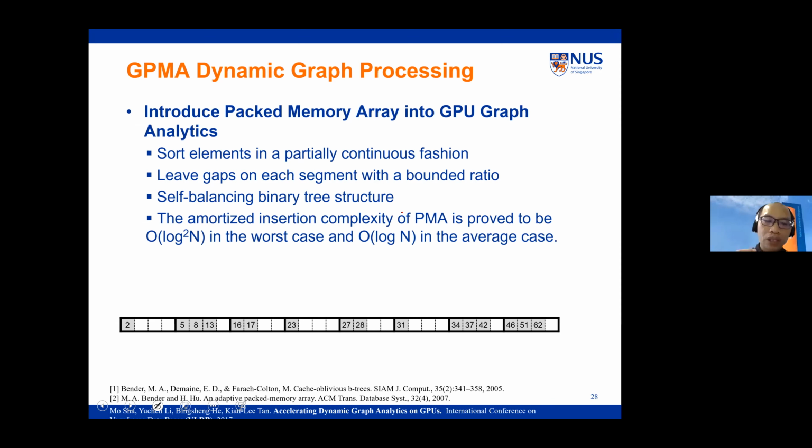If you want to support a dynamic graph, the only way is to rebuild the whole array upon even some minor updates. Or the other way is that you can represent it as a linked list or whatever. That actually hurts a lot of performance in terms of scan performance. So here our idea is: can we have better support for update performance, and meanwhile maintain better scan performance, that is, query performance?